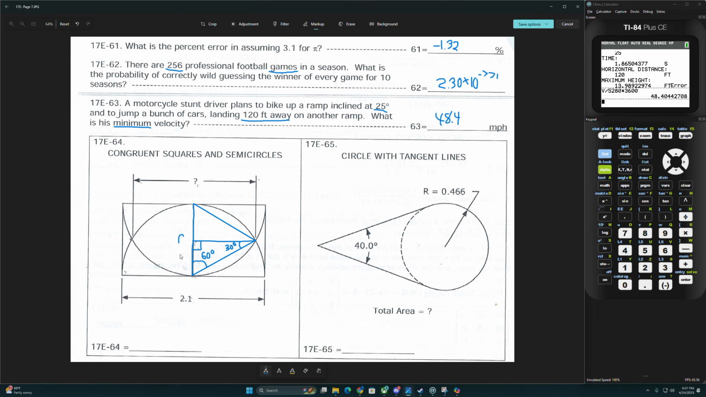So we have r divided by 2 right here, and this is going to be, okay, sorry about that, my mom came in. All right, so going back to this problem again, we have r divided by